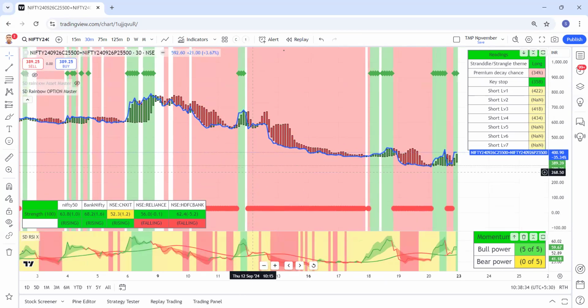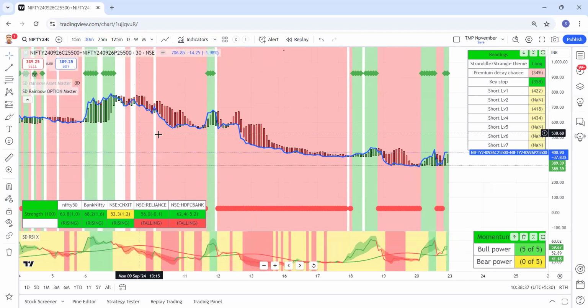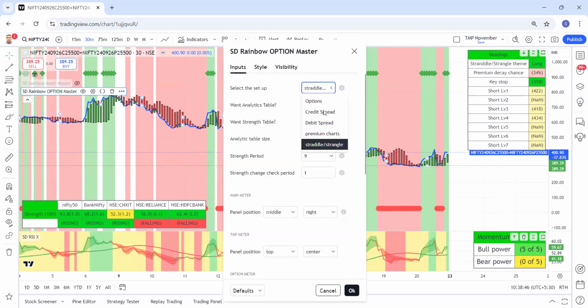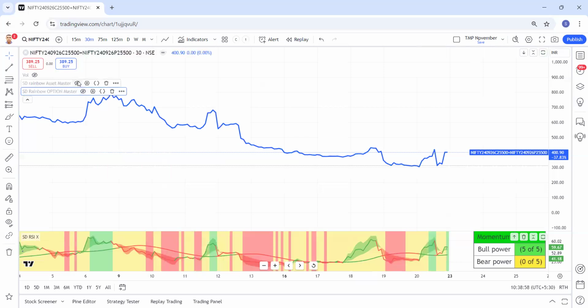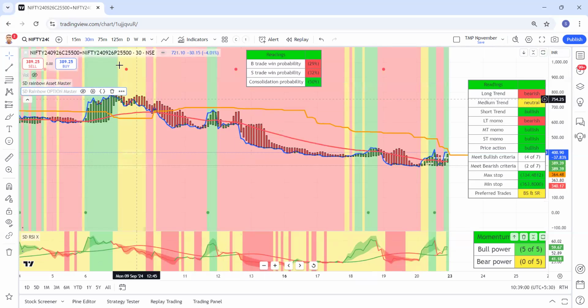Now overall we have taken a look at the options. So that means in options we have 12. And in addition to that, we have two signals in the premium charts, two signals in the straddle. That means overall in the options, we have 16 trading signals. So in addition to that, the 16 trading signals,